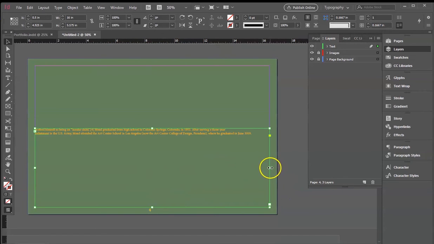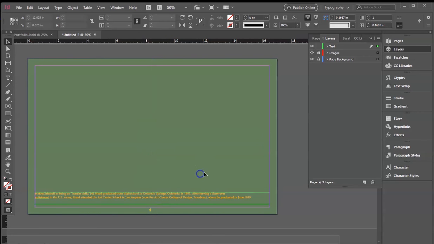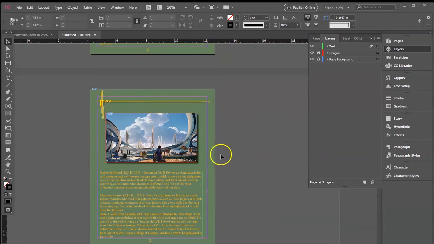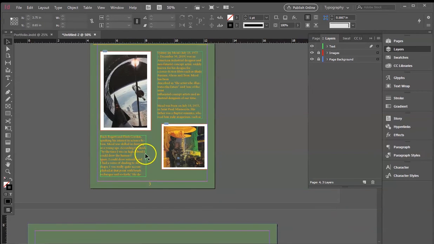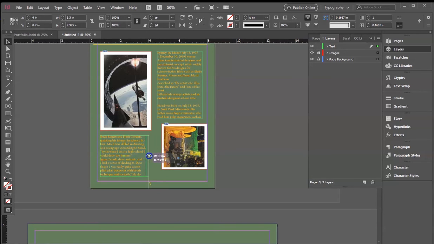Okay, so now I've got this bunch of copy and I don't exactly know where it's going to live yet. It's running really long. So I'm going to just take that and move it to the bottom of the page for right now. So I've got this image and some copy, and these two images and copy on either side of it. Let's not worry about what that copy says right now, but you can see how the copy blocks can be put in and then you can type things into them. So I'm going to make that one move over a little bit so that it's the same width of that window. I'm going to move this one over so that it kind of lines up with that box of copy